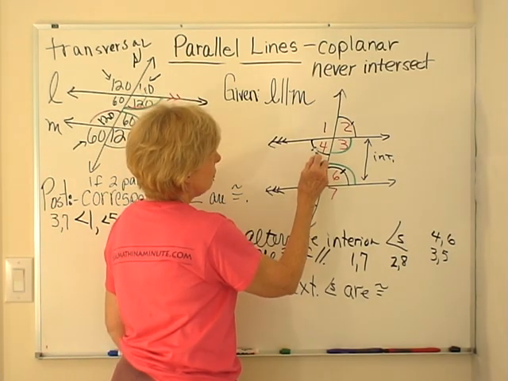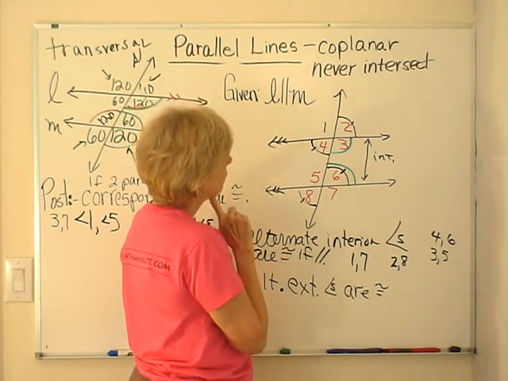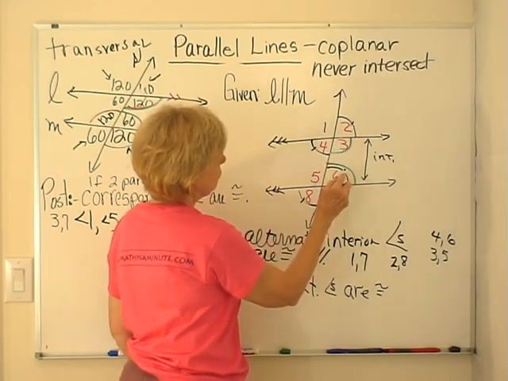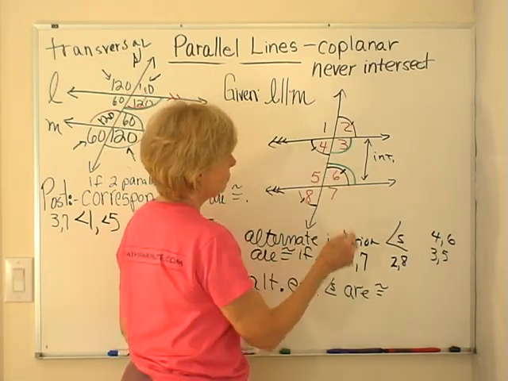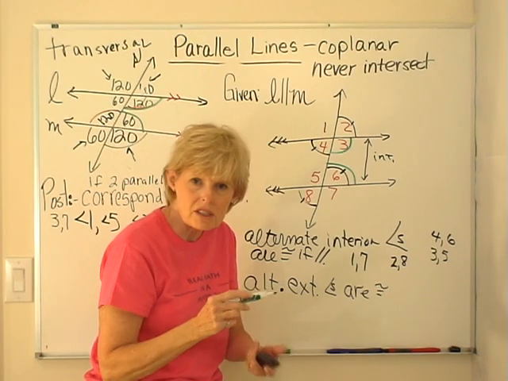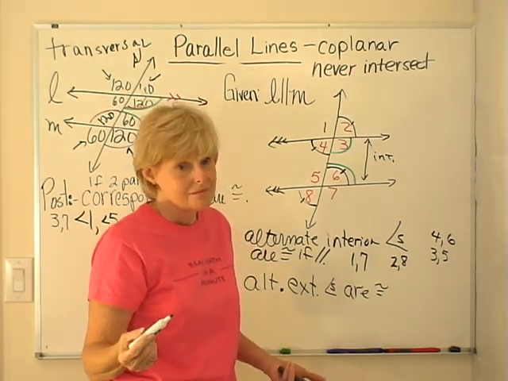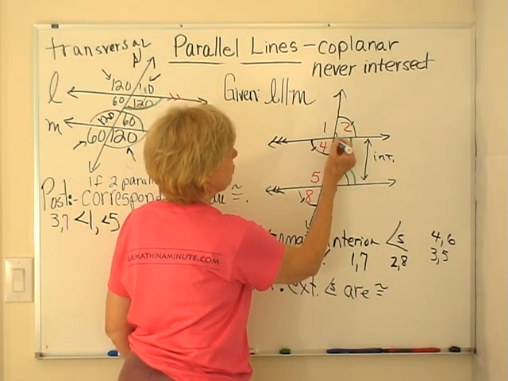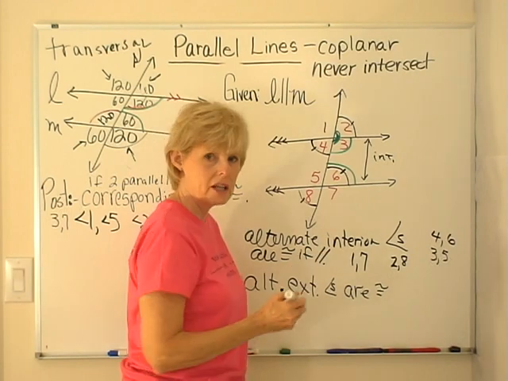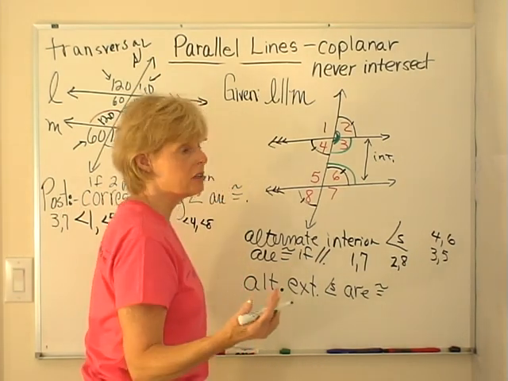4 is congruent to 2, that's for sure. And 2 is congruent to 6, that's for sure. And 4 is congruent to 6, but we can't get 3 in the mix there of things that are congruent because it's not. But what we can get about 3 is that 3 and 2 form a linear pair. So they're supplementary and they will add up to 180, just like they did over here